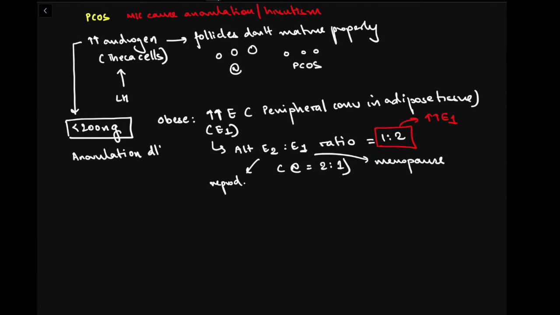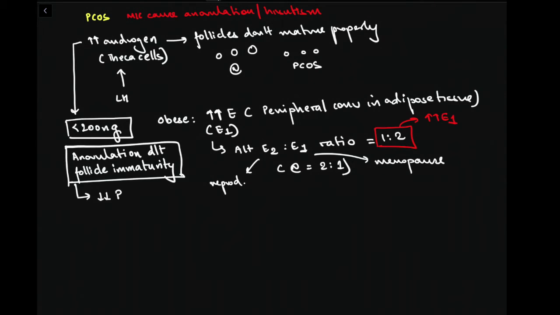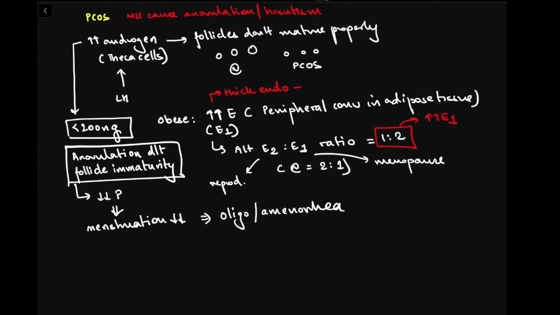Now, what happens is that there is anovulation due to follicle immaturity. This leads to decrease in progesterone, decrease in menstruation, that is oligomenorrhea or even amenorrhea. Due to the effect of increased estrogen, the endometrium is thick and there is absence of progesterone, so that will lead to breakthrough bleeding. Oligo and amenorrhea is commonly seen in thin females, while obese females will complain of heavy